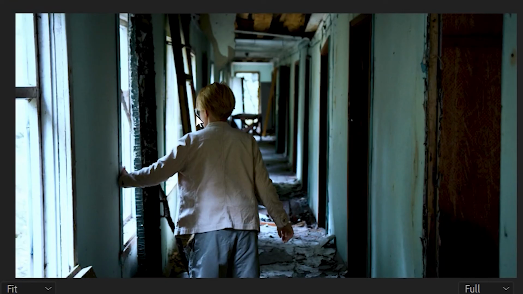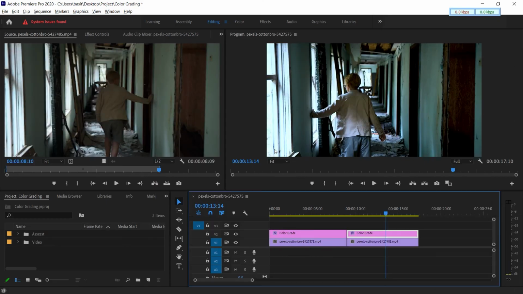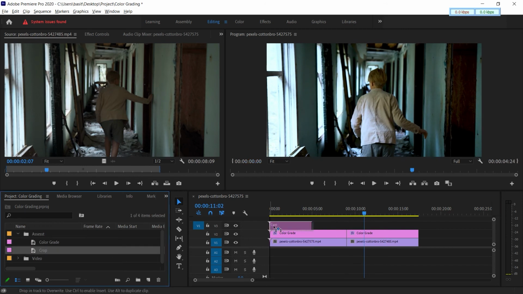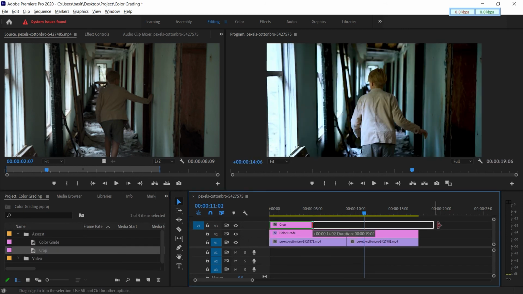Now we can go back to our editing panel. So here we are in our editing panel. Now you can see there is a lot of difference. You can compare it side by side. So now what we can do over here, do you remember I have created this crop layer? Just drag the crop over here,